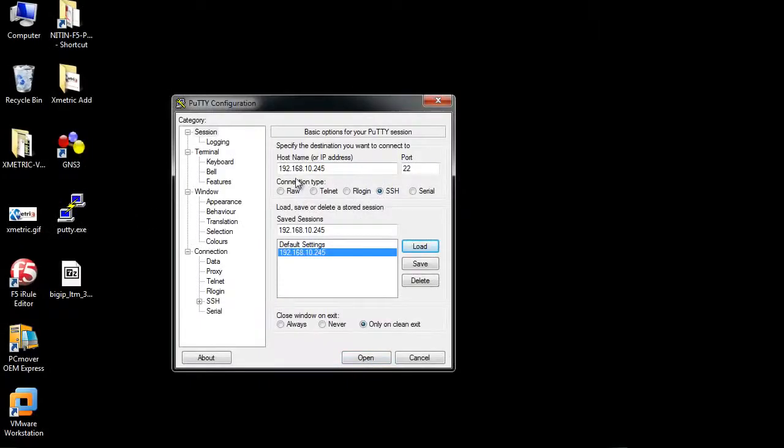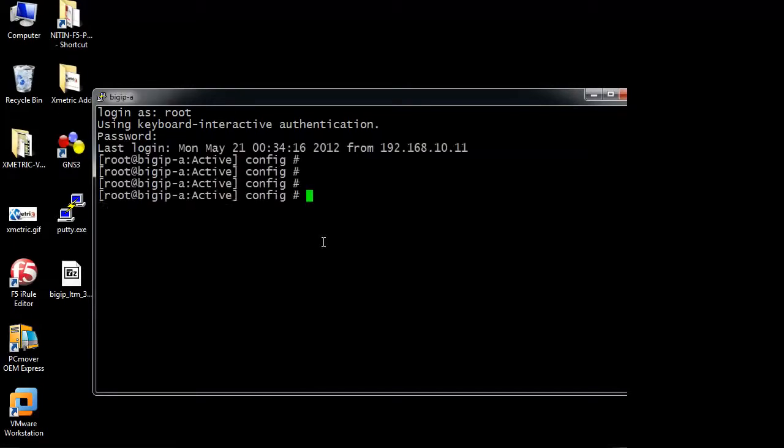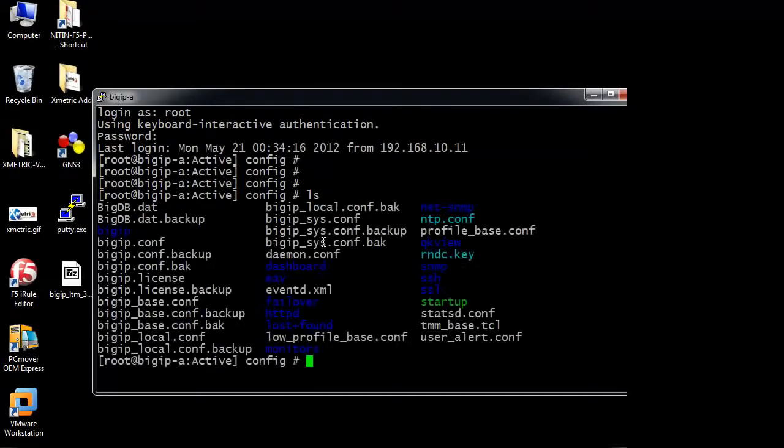Let us log into the F5 by using SSH, 192.168.10.245. Port number is 22. Open. Root is the default username, and the password is default. Now we are in the config directory. You can type ls. So these are the files which are available in the config directory.